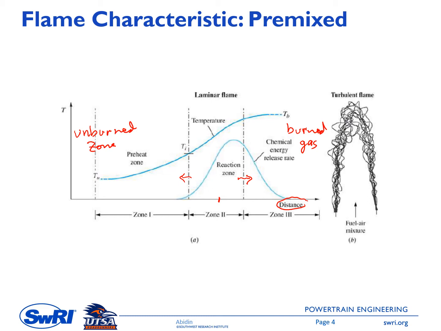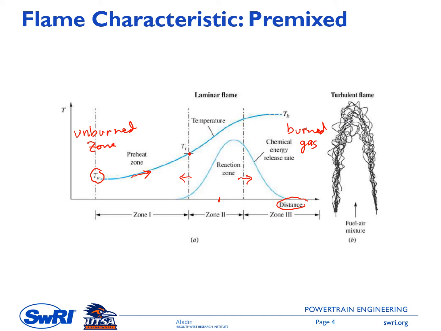You can also see here the temperature profile. We have TU here, the unburned gas temperature, which is mainly the compression temperature, so it can be like 700, 800 Kelvin. Then because of the heat transfer from the reaction zone, the temperature increases here, so you can see going to the right, it increases. And then we have TI, which we can call the ignition temperature. Okay, and then the temperature still